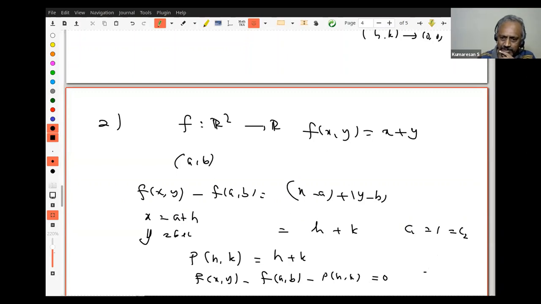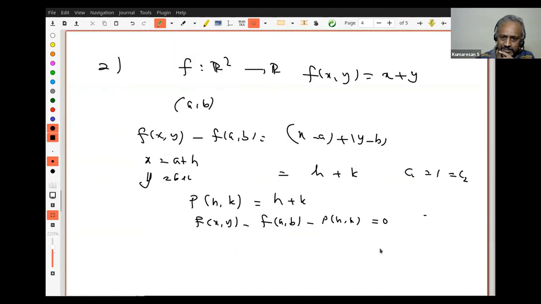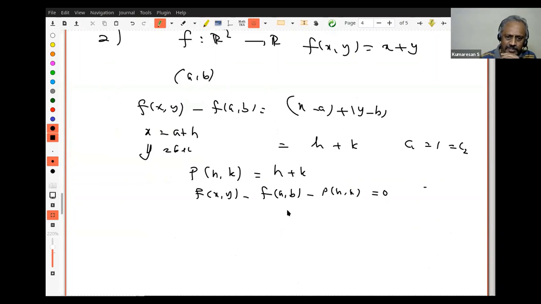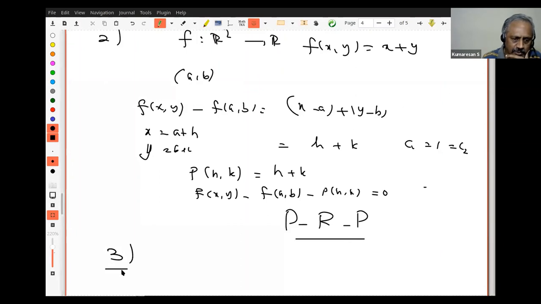How many of you understood this? I went a little fast, but you can always review it in your notes. Okay. So if you want, you can also do another simple exercise, but don't do it in the discussion hour.